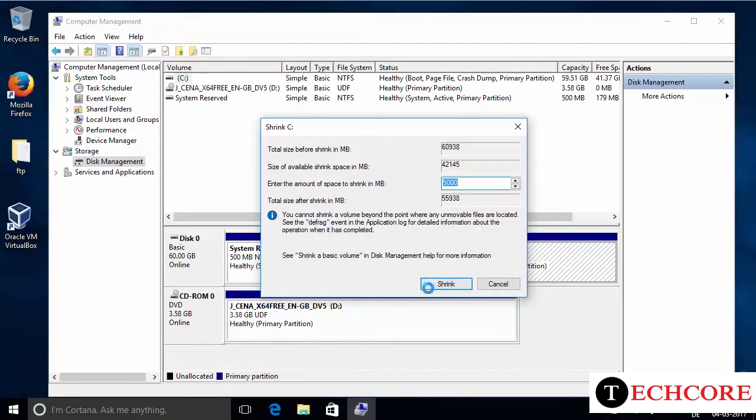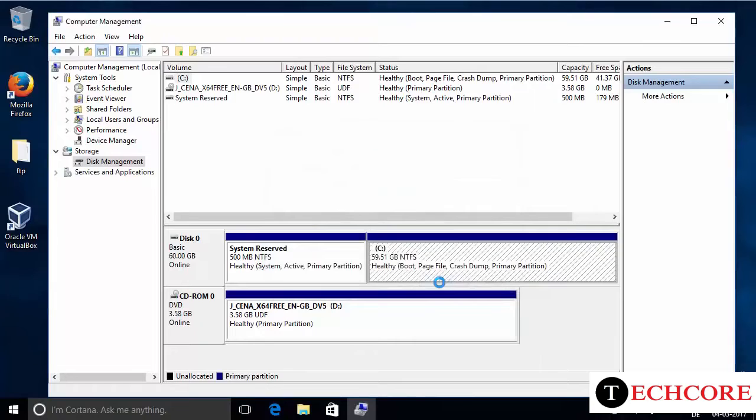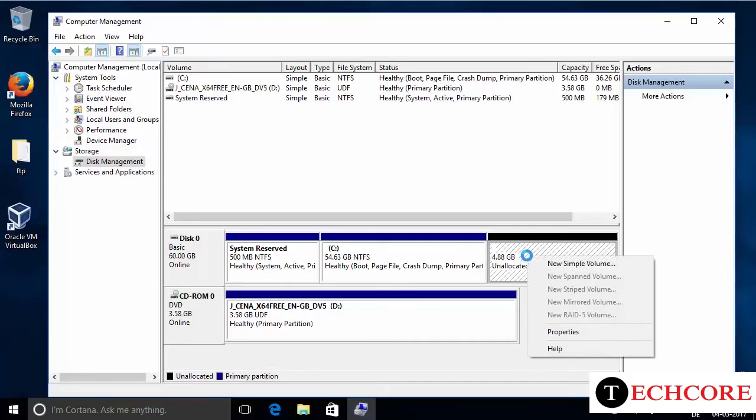And then just click Shrink here, which is also going to take some time, so please wait. And now I will be able to see this unallocated space here, right? So this much amount of memory I have allocated to the new partition, right? 5 GB I have defined, okay? So it says unallocated. So now just click on this unallocated space, right click on it and click New Simple Volume,